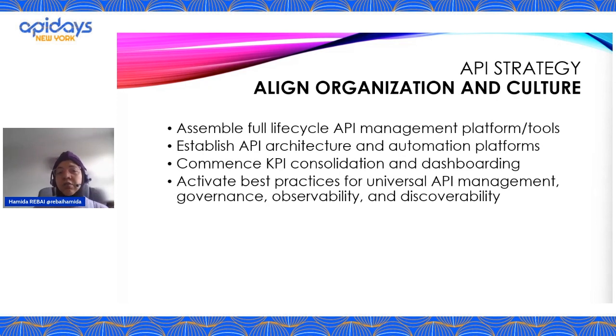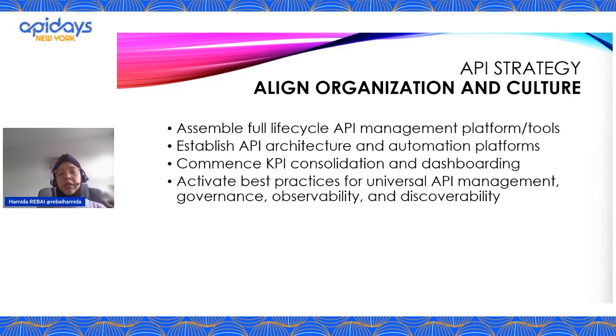After working on the strategy and the different elements that we talked about before, now we need to align organization and culture. We said before, we have an API mindset to make change. So we align organizational culture. This part is also a critical component of developing an effective API strategy, because we have a full lifecycle API management